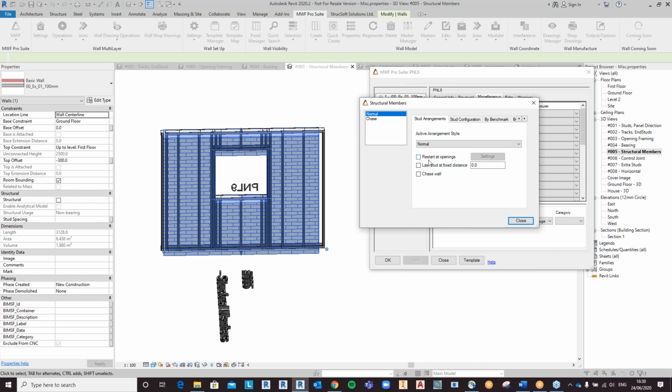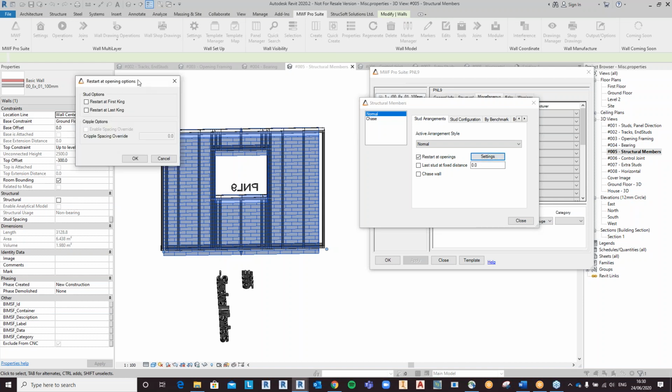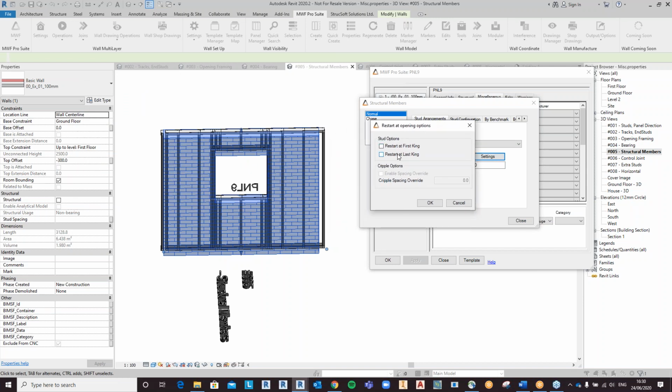So the first thing we can even look at is just a restart at openings. So for instance, if I just have this ticked here, it'll now give me access to select this settings box. And I can just drag this over here and I can pick where I would like my studs to restart from. So let's say, for instance, I wanted to restart at the first king,